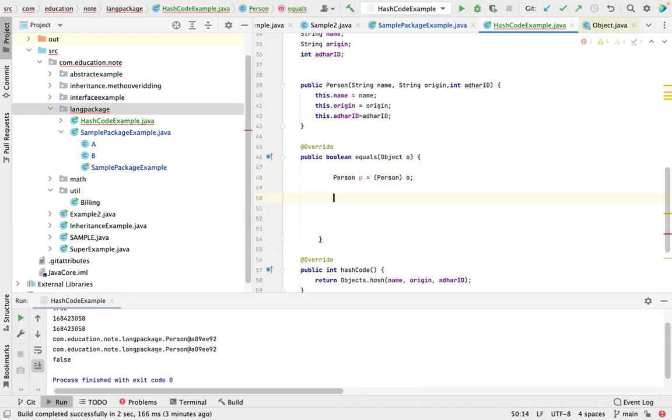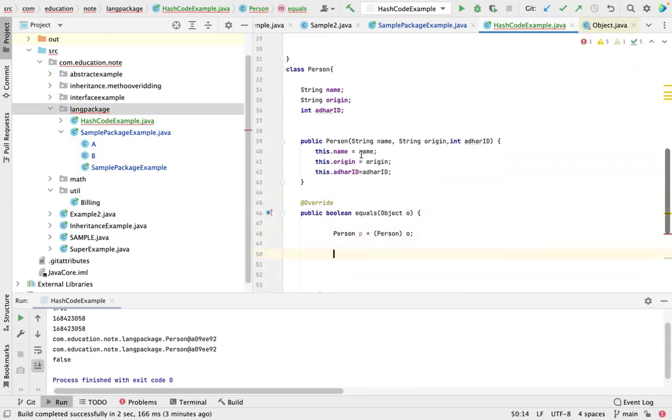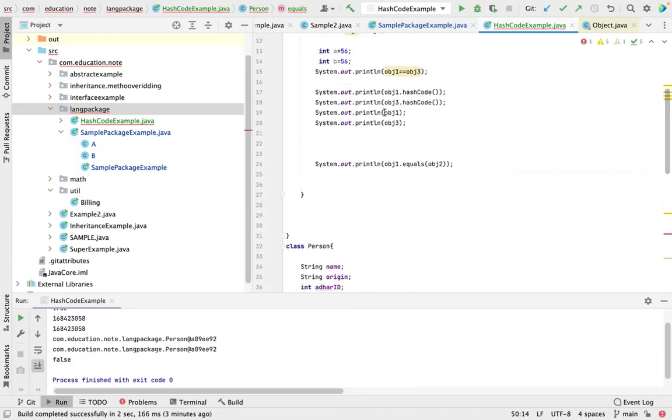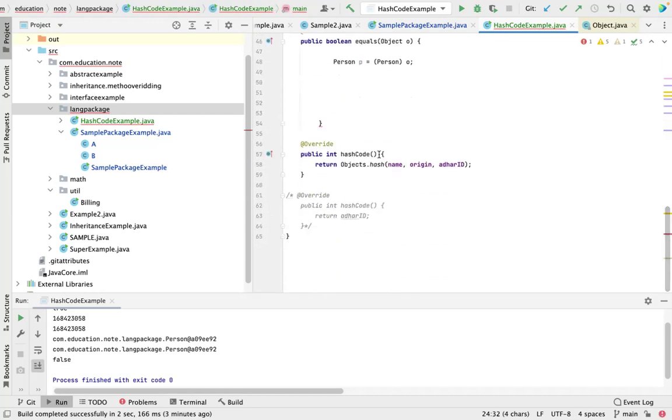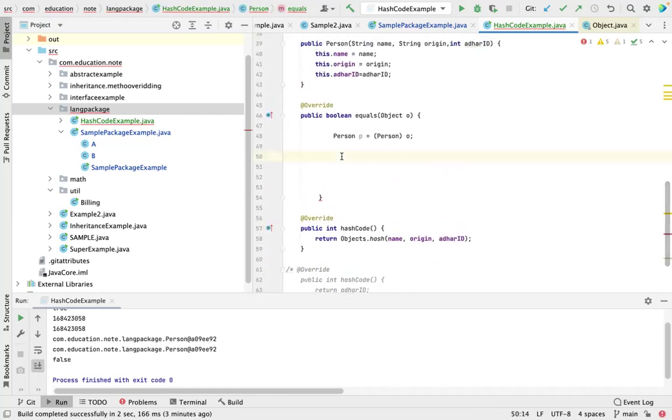Now we have p, which is calling this method. This method is getting called by object 1, which is this, right? Okay, so now what I will do is this dot